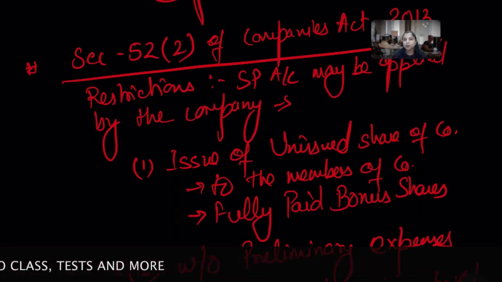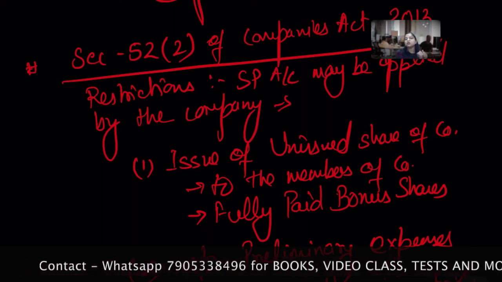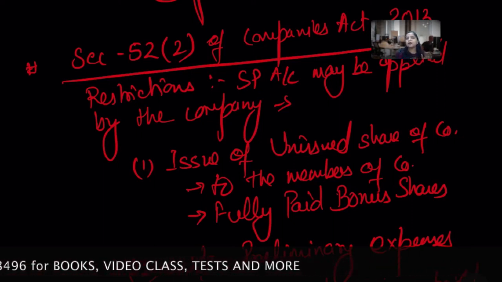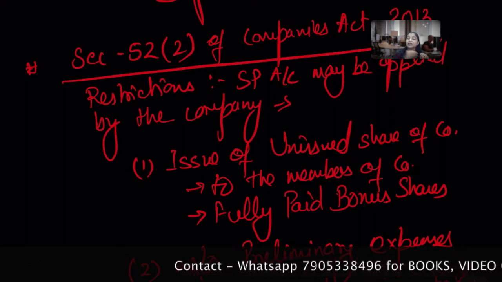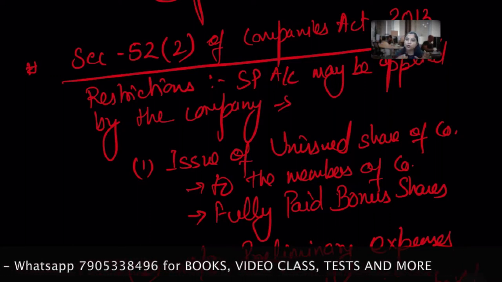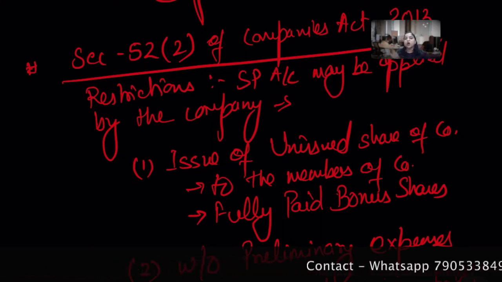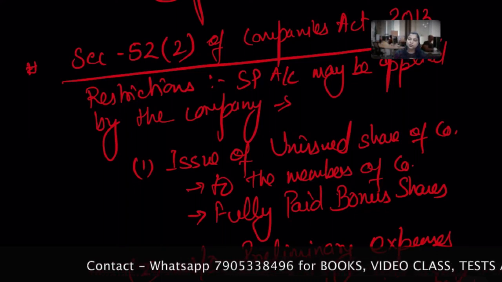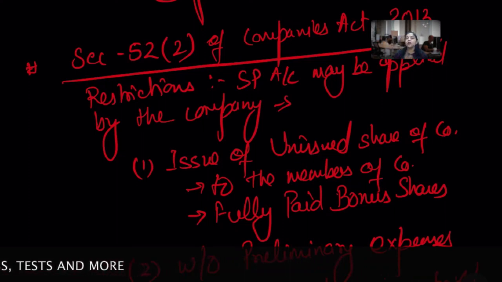तो सेक्शन 52 सब क्लॉज 2 कंपनीज एक्ट 2013 के अकॉर्डिंग सिक्योरिटी प्रीमियम का यूज, जो उस खाते में पैसे पड़े हैं उसका यूज कंपनीज एक्ट बताता है कि ये जो पैसे हैं इसको आपने अनइशूड शेयर्स को इशू करने के लिए लेना है, ठीक है। लेकिन वो जो यूज होगा अमाउंट वो फुल्ली पेड बोनस शेयर्स, पार्शली पेड नहीं है। अगर पार्शली पेड है तो उससे पहले फुल्ली पेड करो, उसके बाद बोनस शेयर्स को इशू कर सकते हो। वहां पे ये सिक्योरिटी प्रीमियम बोनस को देने के लिए यूज हो सकता है, लेकिन फुल्ली पेड।